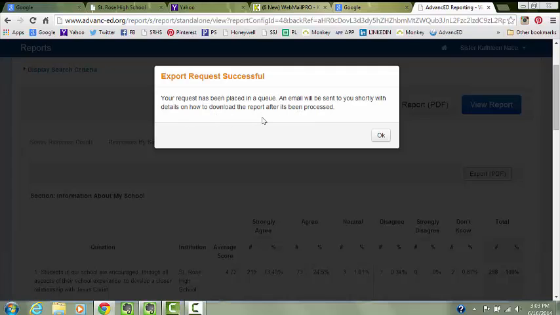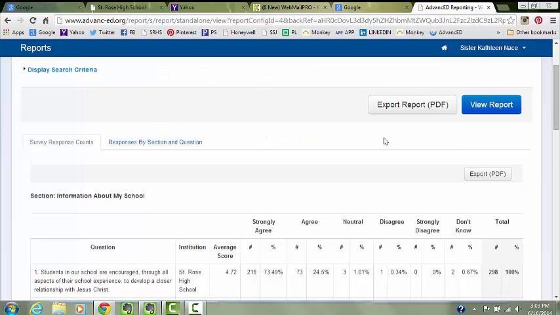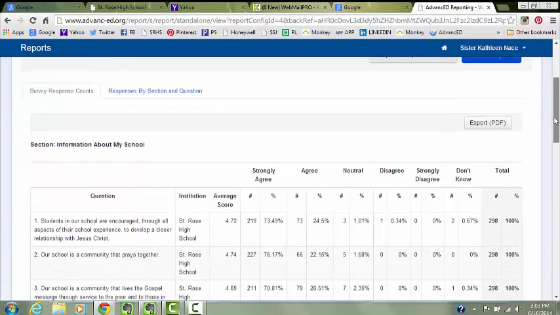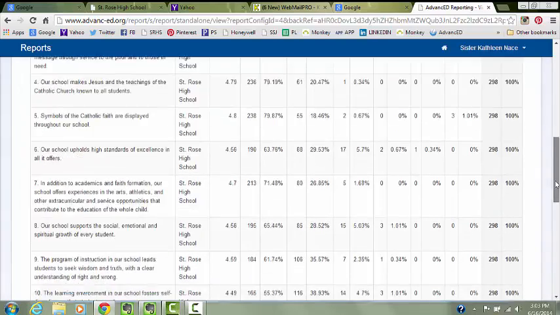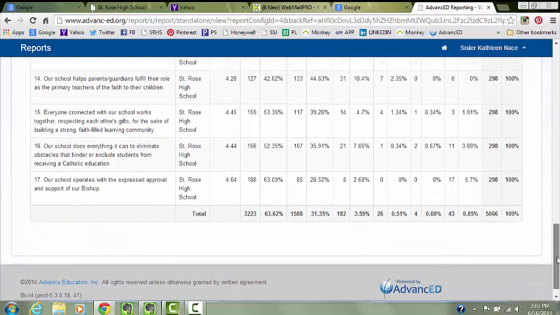And that will give you directions. It'll give you a link so that you can then download the report. And it takes about 15 minutes for that report to be populated and sent to you. In the meantime, if you need to work or want to work with the data more quickly,